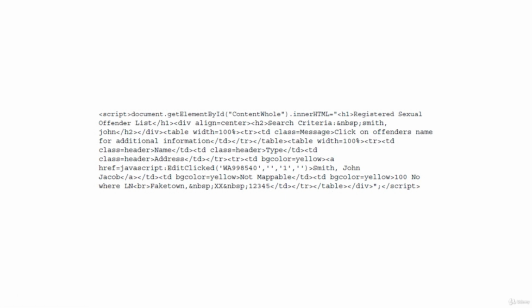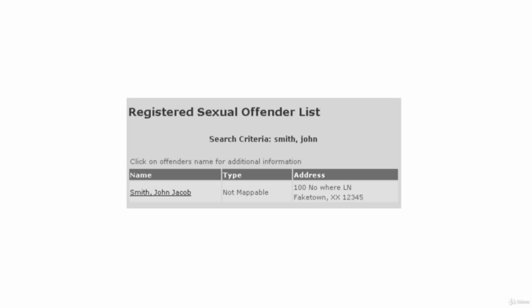This takes advantage of the fact that the results section is wrapped with a content hole div tag. Ironically, this tag becomes a content hole through which an attacker can inject seemingly valid content onto the target's web page. This figure portrays the results.